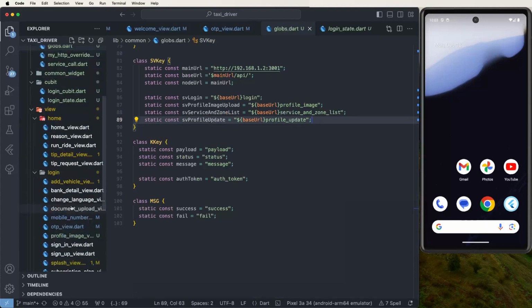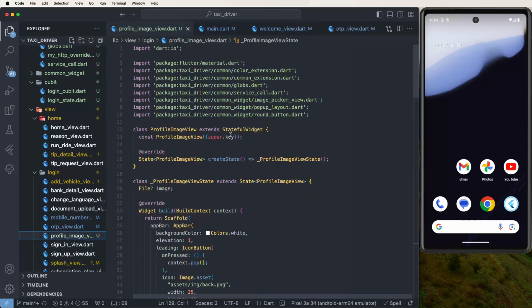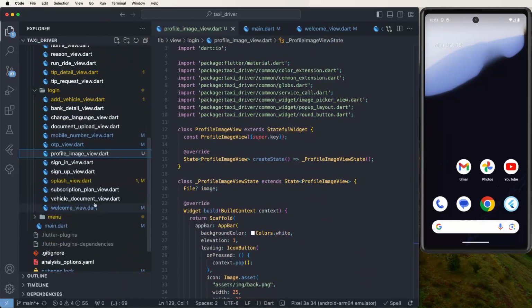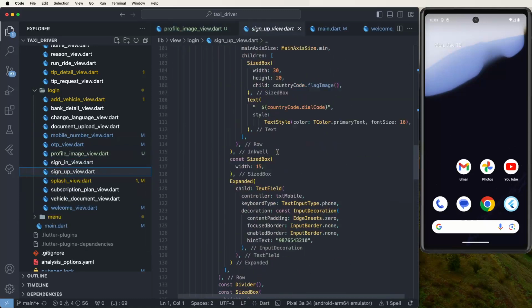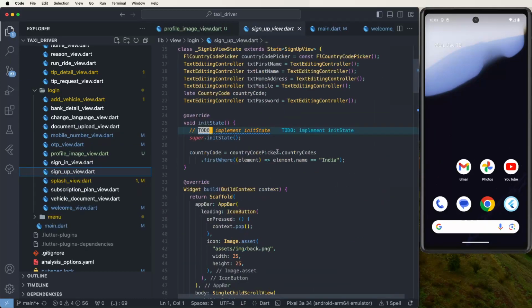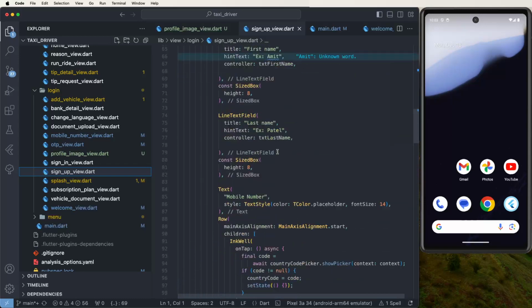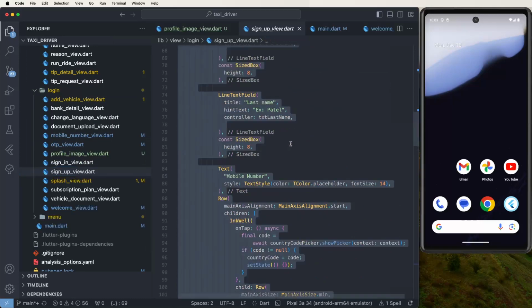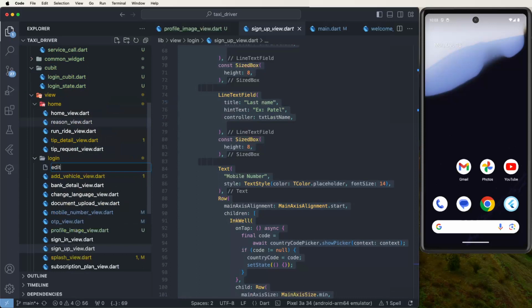Now we need to go inside the profile image and we need to copy the screens. Also need to find the sign up screen. Inside, we need to add some information and the needed values are put here. Copy the screen's information and now we need to create the new file and give it the name edit profile